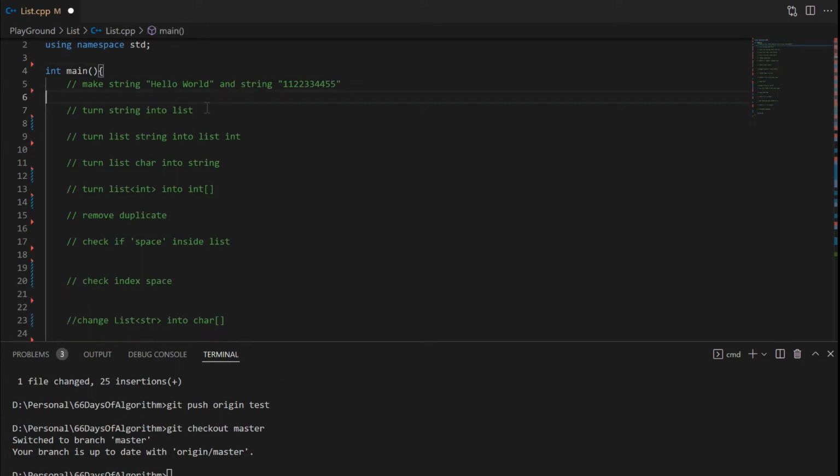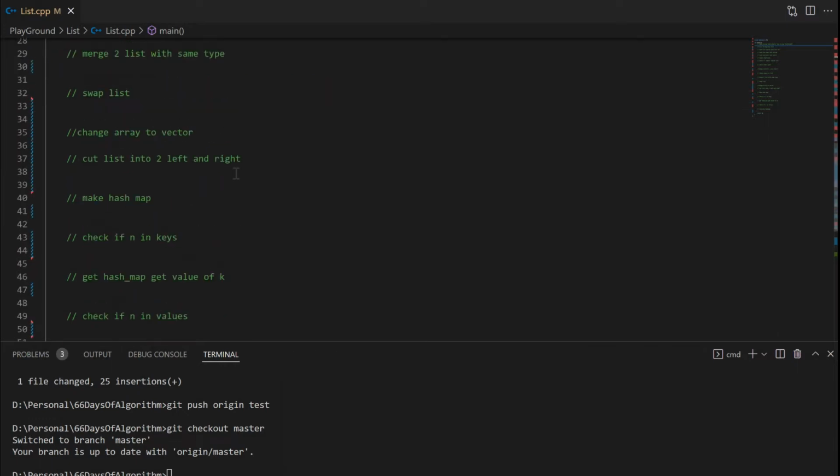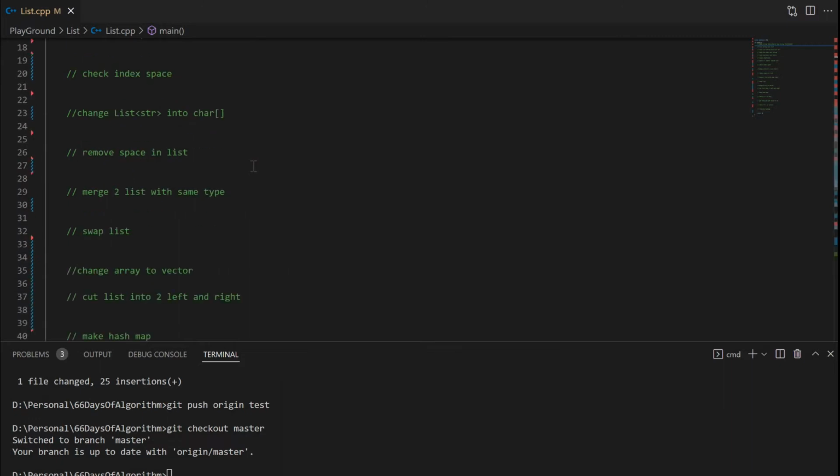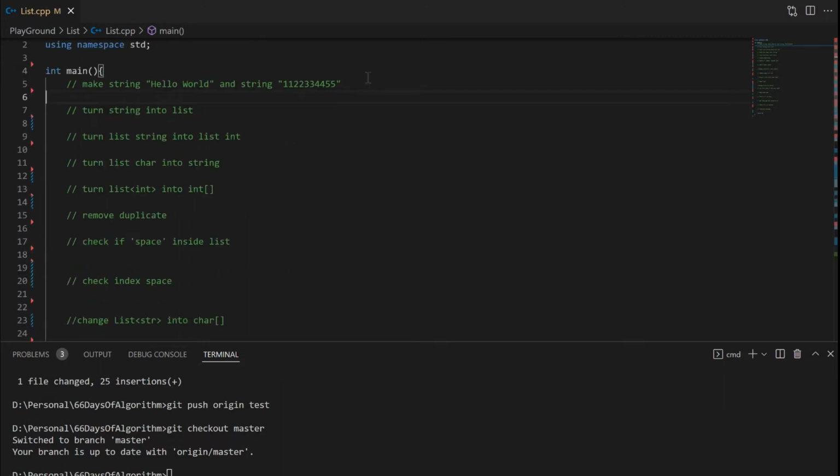In this section, we will talk about using lists and the dictionary and HashMap, but we're going to use C++. It will be a long video because there's a lot to do in C++. So, what we're going to do today, we're going to make